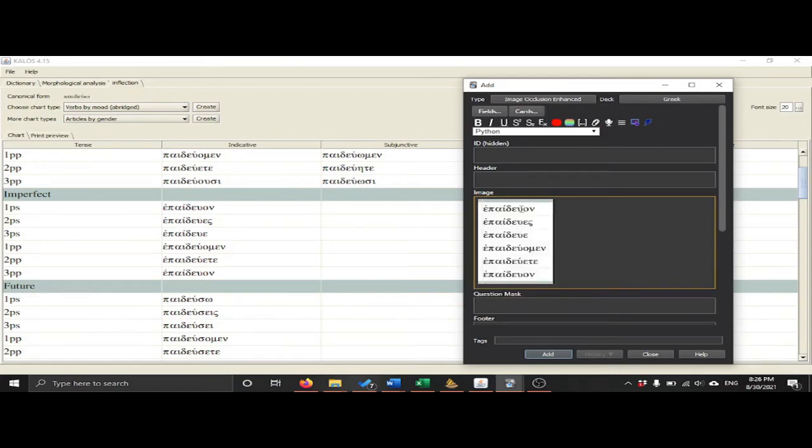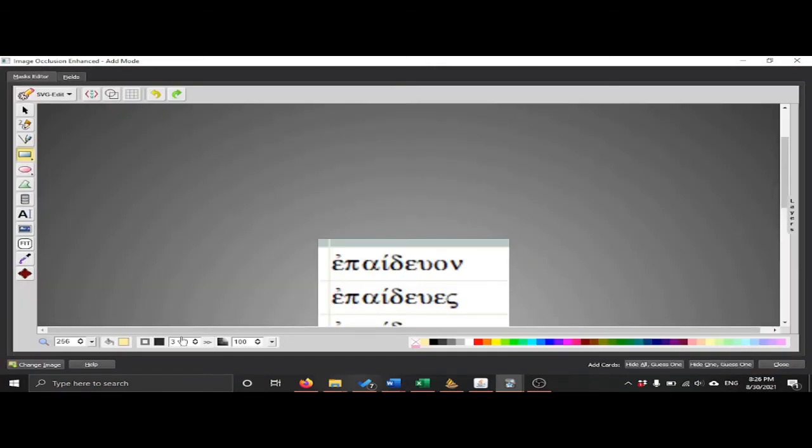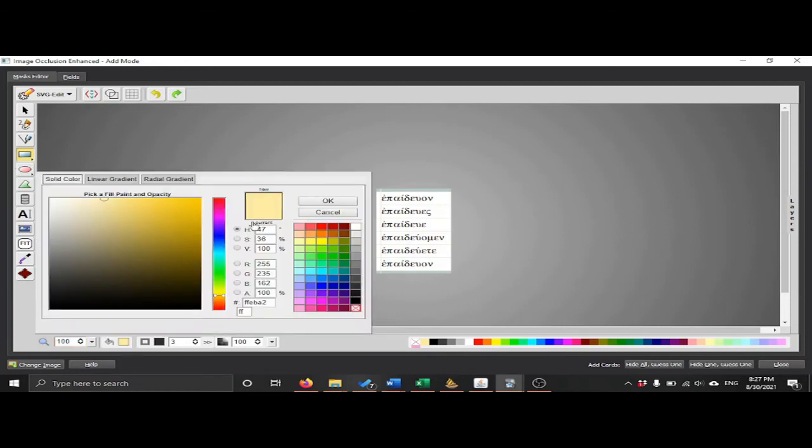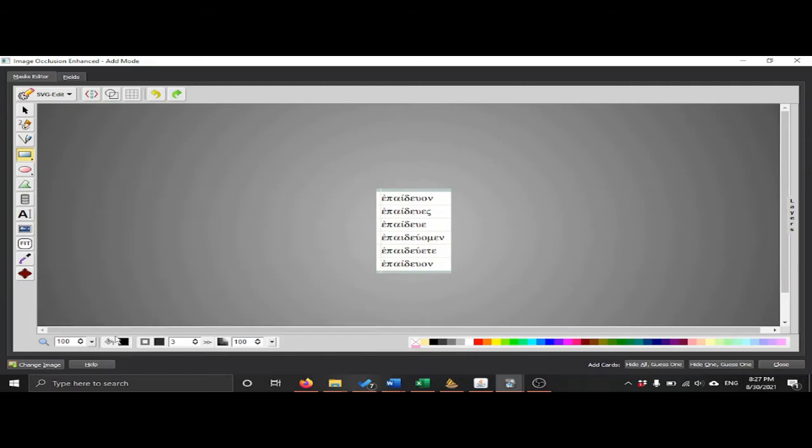Okay, so we paste the image that we want, go up here, and now we get to add occlusions to the image, which just means cover things up in there to be able to test it. So put it down to its normal size. I prefer to change this to black. You can do whatever you want with it, but I like the black screen better. And all I do is really quite simple. Make a screen to cover up,